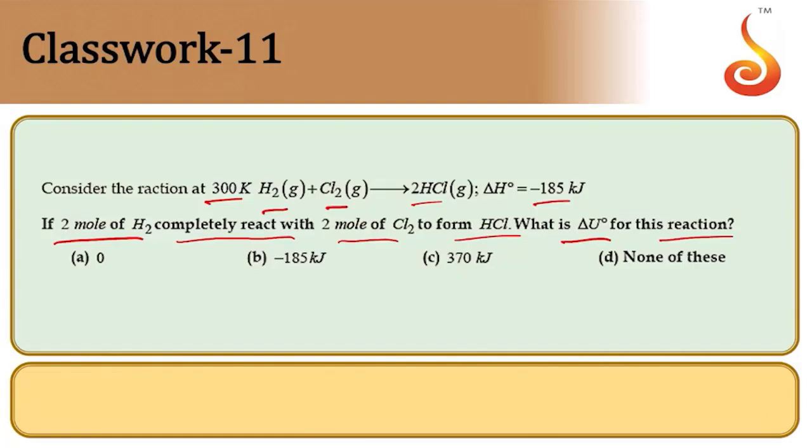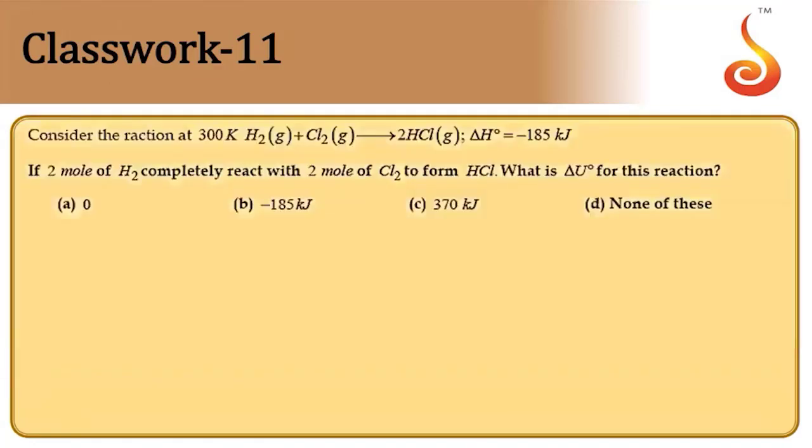Now here, in this reaction, delta n value is equal to 0 because 2 moles of products are there and we have 2 moles of reactants. Therefore, for the reaction, delta n value will be equal to 0. Delta n is equal to 0, that is for 1 mole of reaction involved, but the reaction says 2 moles of Cl2 are involved, so therefore delta n value will be equal to 2. Now here for 2 moles, now the complete formula, that is to say delta H is equal to delta U plus RT delta n, and there are 2 moles here now.